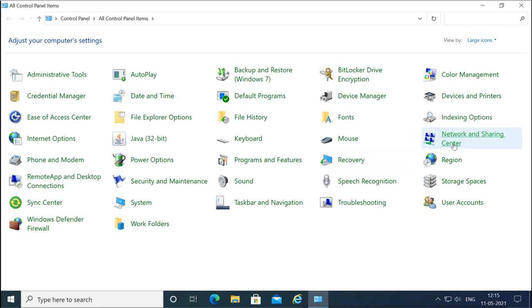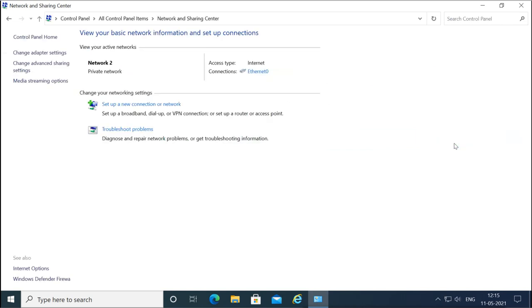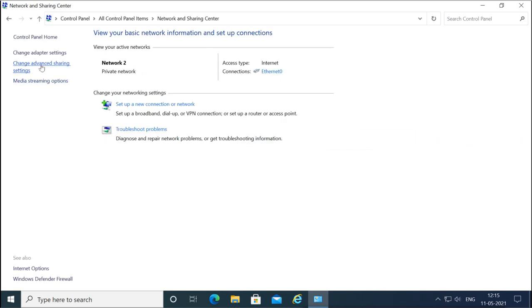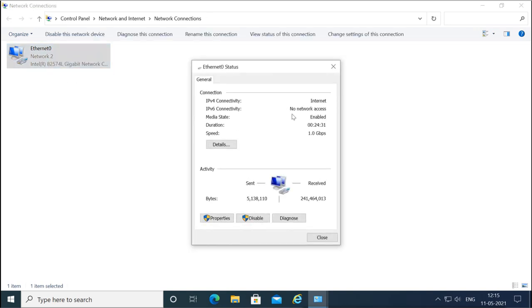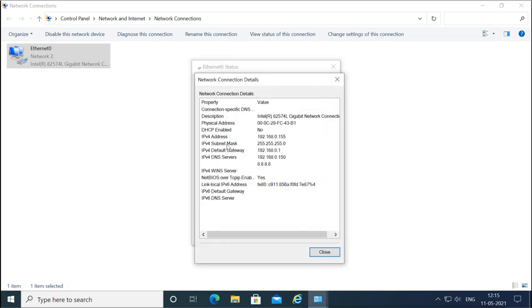I'll go to Network and Sharing Center, and in that I will go to Change adapter settings. Now this is my network adapter. When I right-click here and check the status of this network adapter, this is the current status. When I go to Details, it shows me the physical address. So this is the physical address for my network adapter.